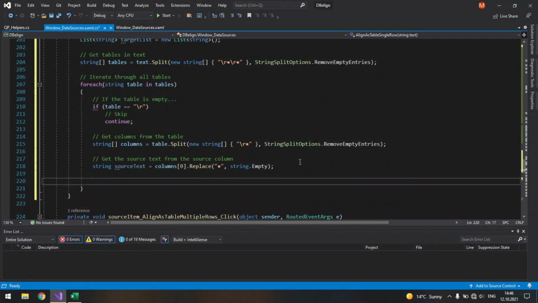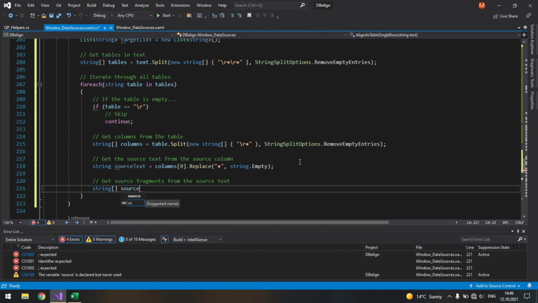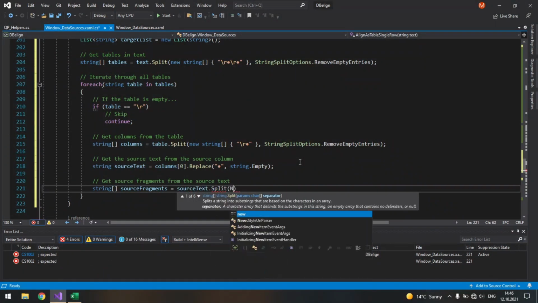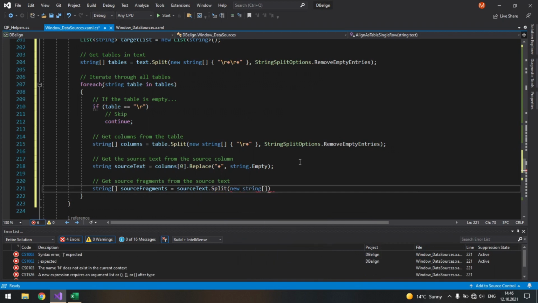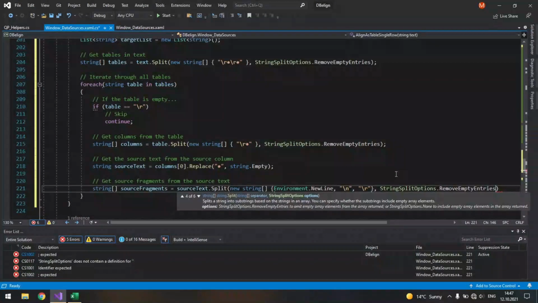And then we will get source fragments. So get source fragments from the source text. So I will create a string array source fragments equals source text dot split, and again new string array, environment new line and its variations, and again string split options, remove empty entries.